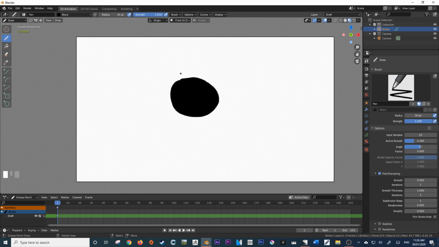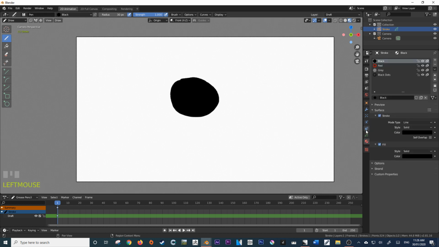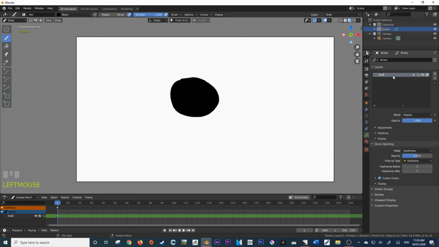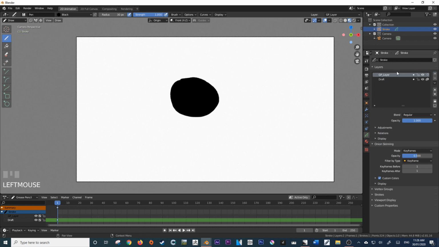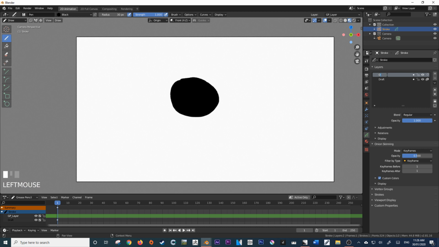Excellent, pretty shabby work. But now, if I go to my layers, because that's on draft, if I create a new layer, and I call this overlay, and then I set this icon to on, this is masking. So what it's going to do, it's going to mask this layer according to the layer below it.